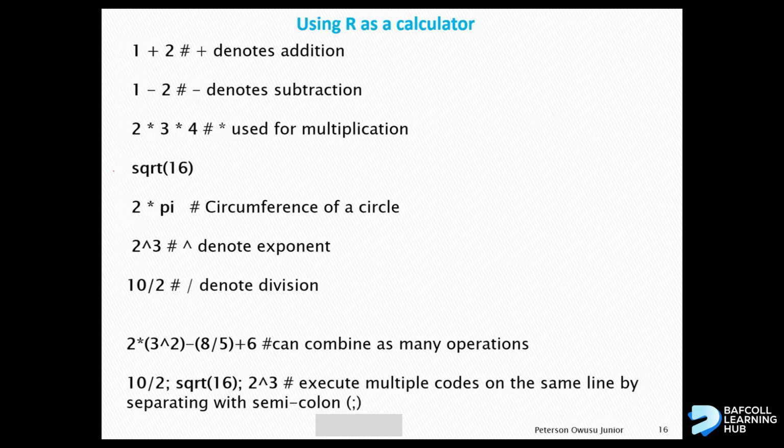We saw these expressions also from the code snippet we showed earlier. We have multiplication, subtraction, we have powers, divisions, and some built-in base functions in R. This is square root, and this is pi, the pi that we all know from our various algebra backgrounds. We can also combine a number of operations and get our results. One thing that I want us to note is this semicolon sign, because sometimes you don't have to have too many lines of code, so we can execute a number of lines of code on the same line, and we can separate them, as many as they are, with the semicolon.